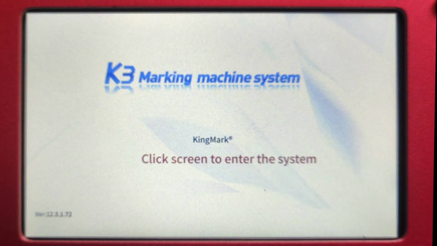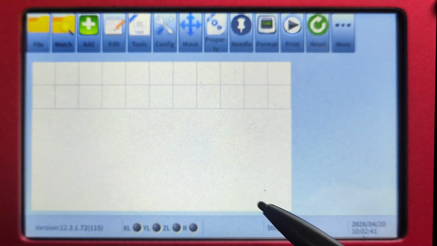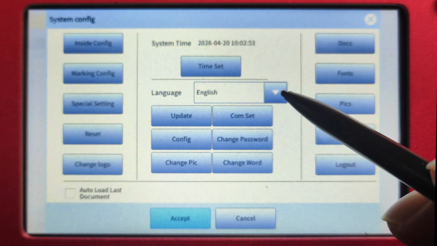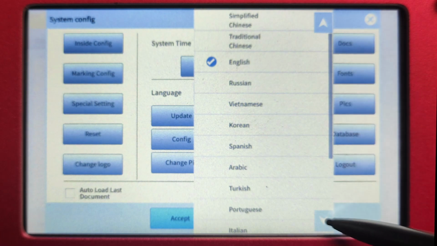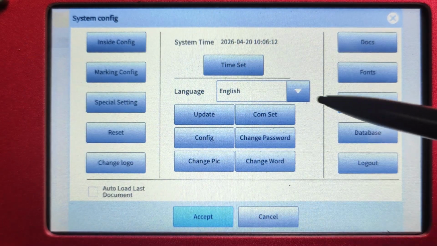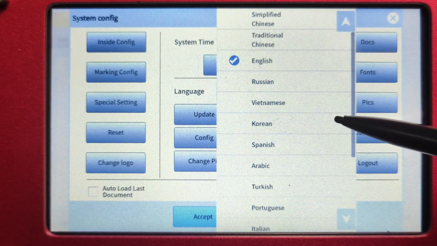You can change the display language of our Kingmark-3 software marking machines. First, you will need a password to get in the system setting menu. Contact your after-sale manager for this. Here, you can have a look how we quickly change display languages to Spanish, Portuguese, Russian, Arabic, Italian, French, and